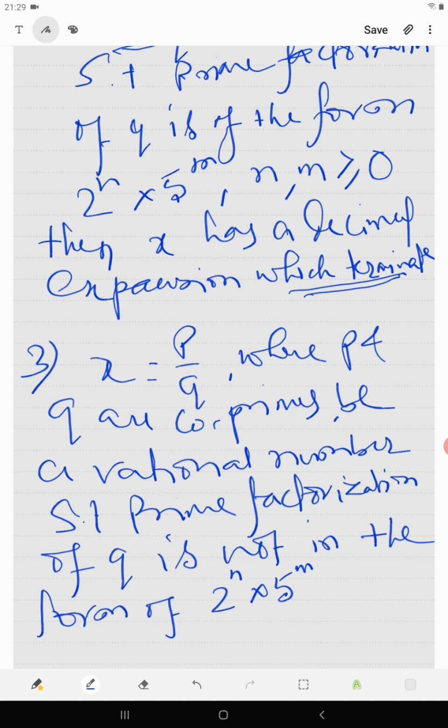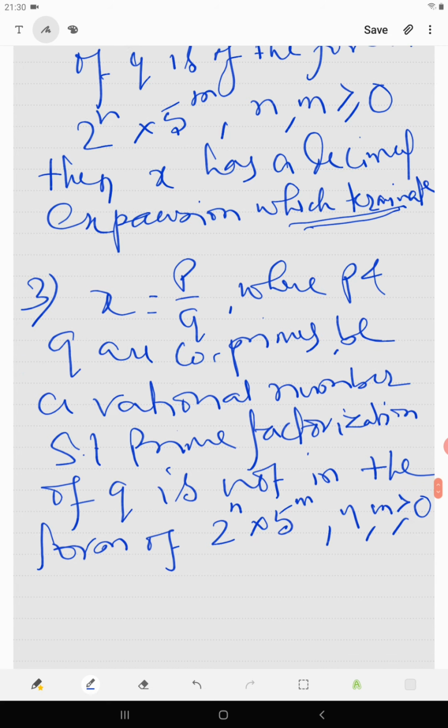Of course, n and m are greater than or equal to 0, that is, n and m are non-negative integers, then